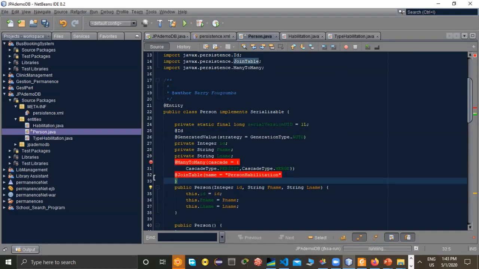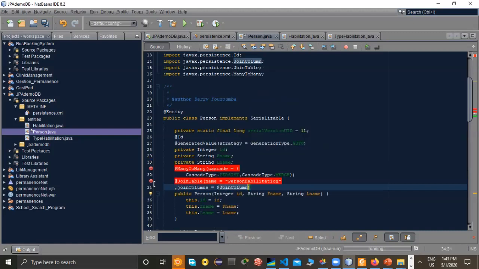Then we have a comma here. Join columns. Join column name. This is the name of the column of the resulting table due to the relation. So I mean the primary key that is going to migrate into that table. That's the name that you will put. So the first join column will be the primary key, the ID of the person. So we put person ID,